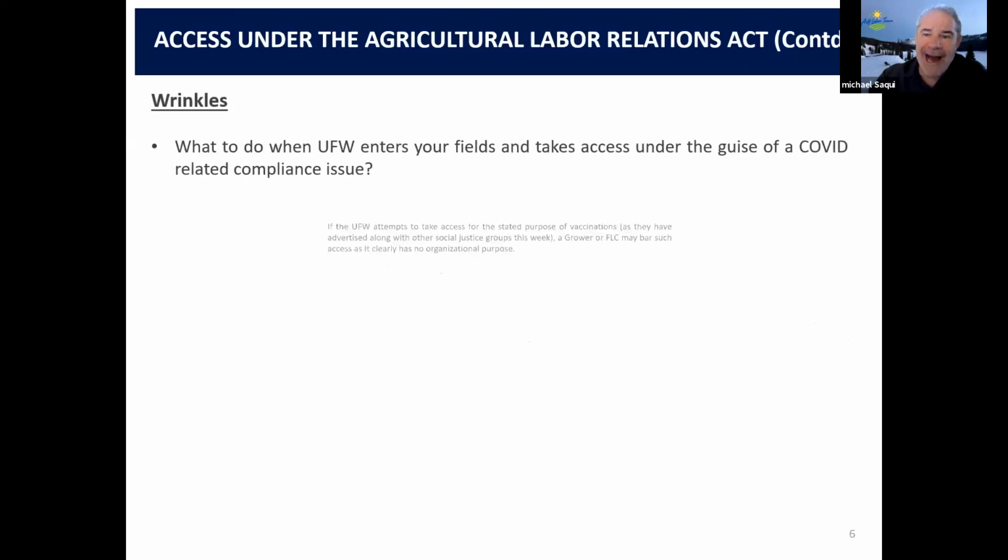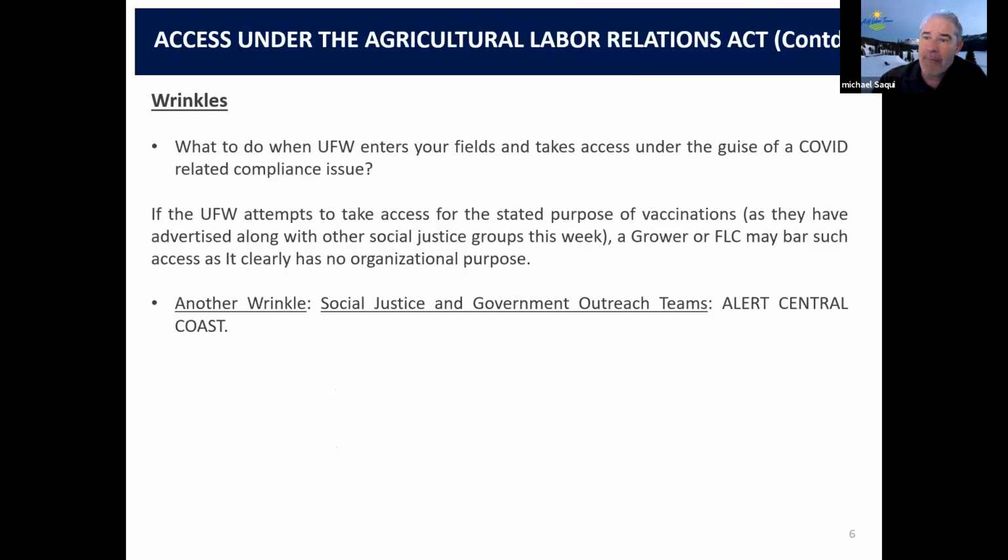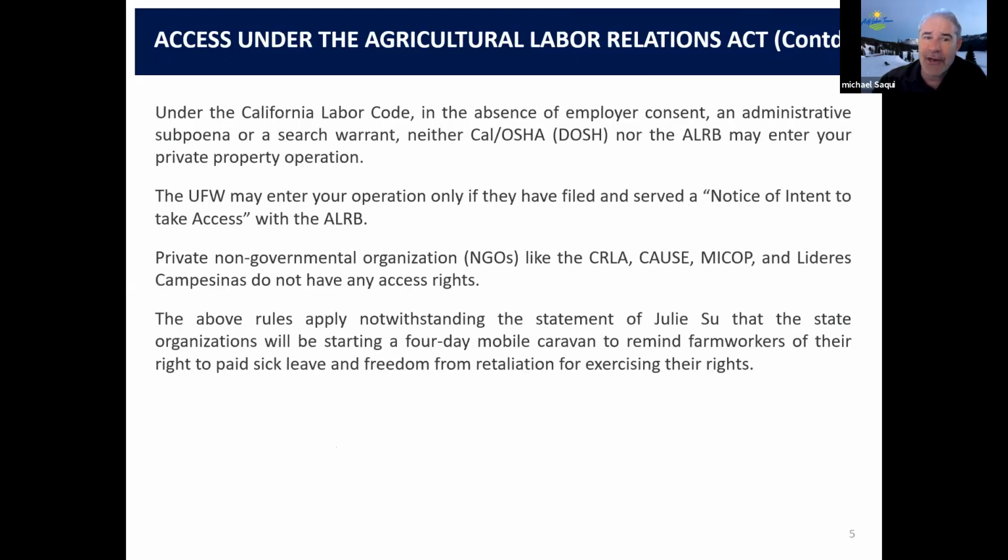So we've got agitators. Last week, she put out a tweet, thanks to our partners at Mixteco Indigena Community Organizers Project, MyCop, Central Coast Alliance for United and Sustainable Economy, CAUSE, California Rural Legal Assistance. They've been roadside with a bullhorn, trying to program our workers on things that our workers have already heard from us 100 different times in 100 different ways on COVID protections, their rights under labor laws, et cetera, okay? So the fact that we've got a government agent out there, clearly biased, clearly unfair, clearly targeting growers